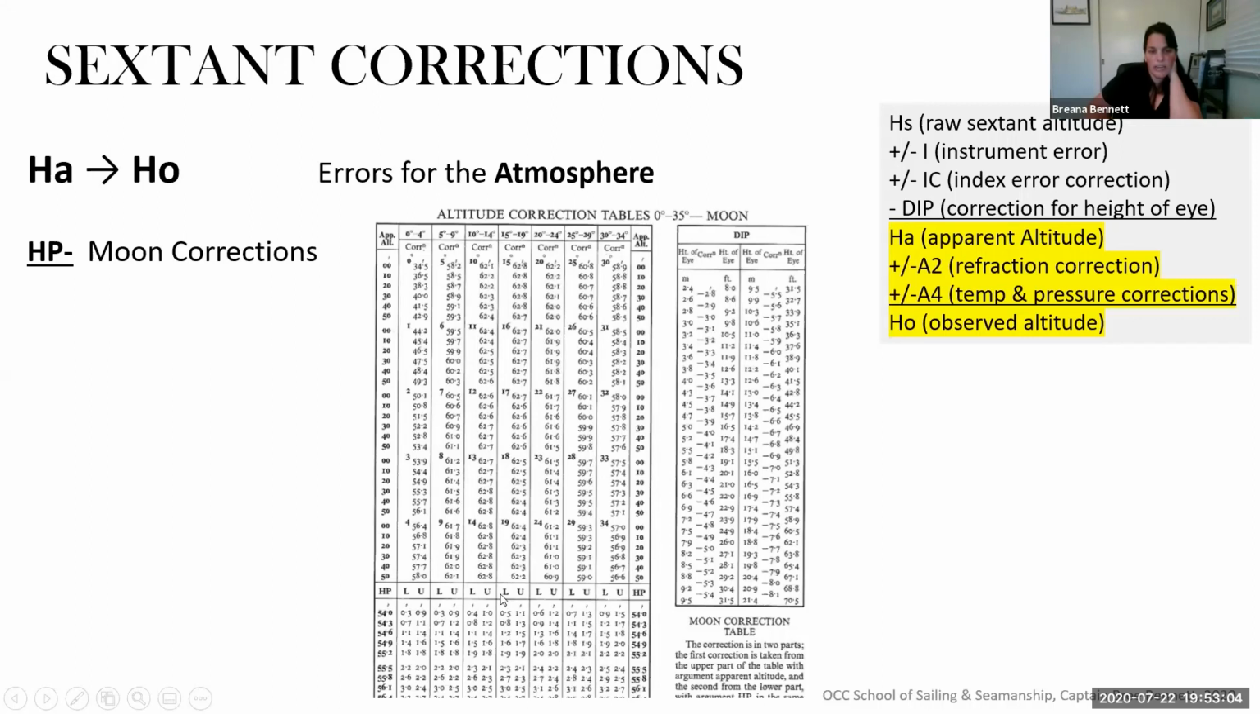This is where we have our upper limb and lower limb. U and L is for the upper or lower. And so then we find our HP, which is what we got from our daily pages. So then you go in and you find what your correction is. And whenever you're doing the moon, read the instructions for the correction table here, because it will remind you,